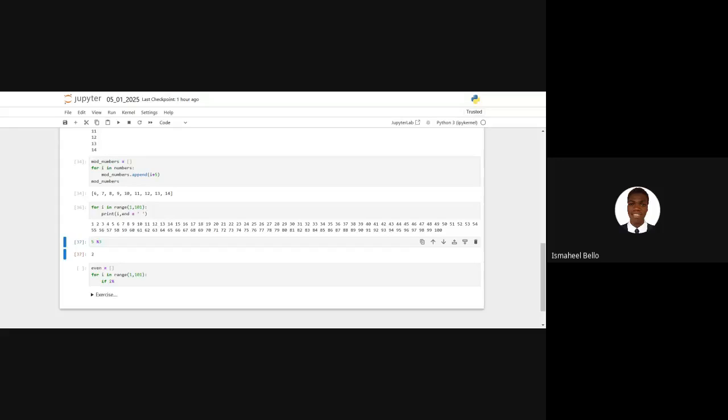Now, you agree with me that whenever you find any even number modulo 2, the result will be 0, because 2 divides all even numbers. So if I say now, if i modulo 2 equals to 0,